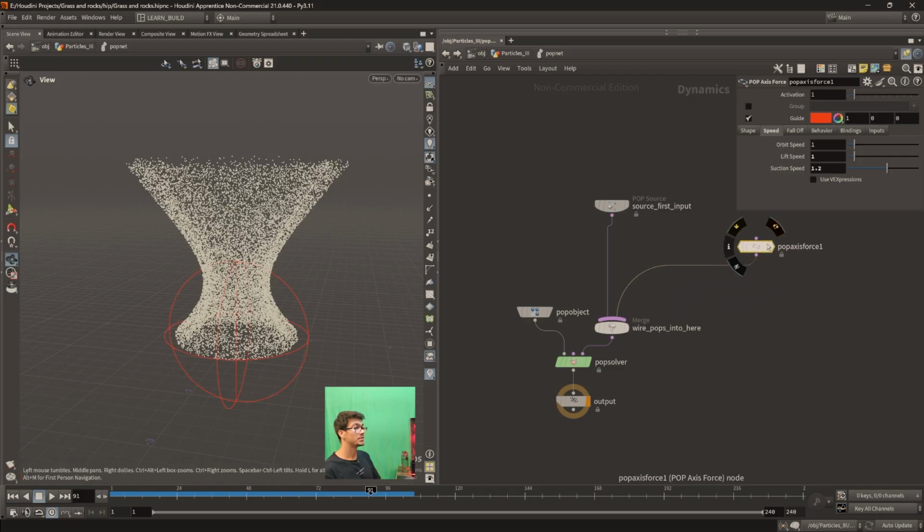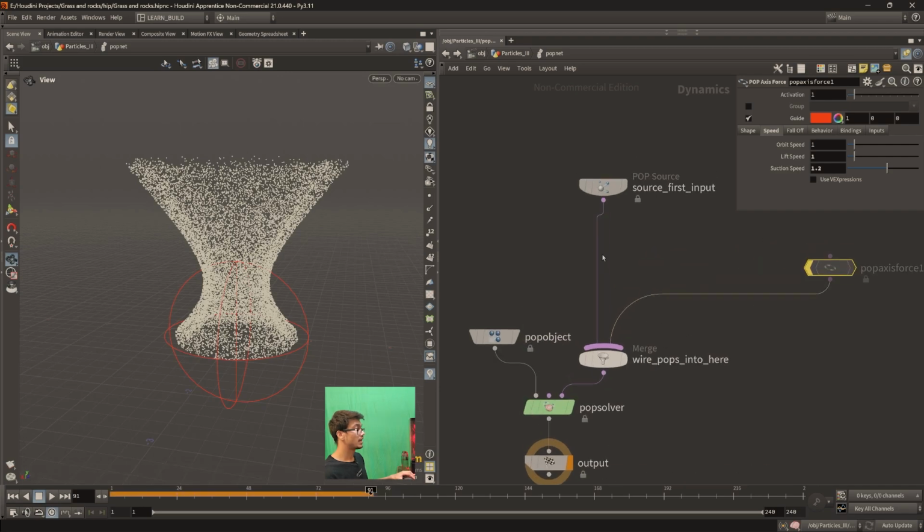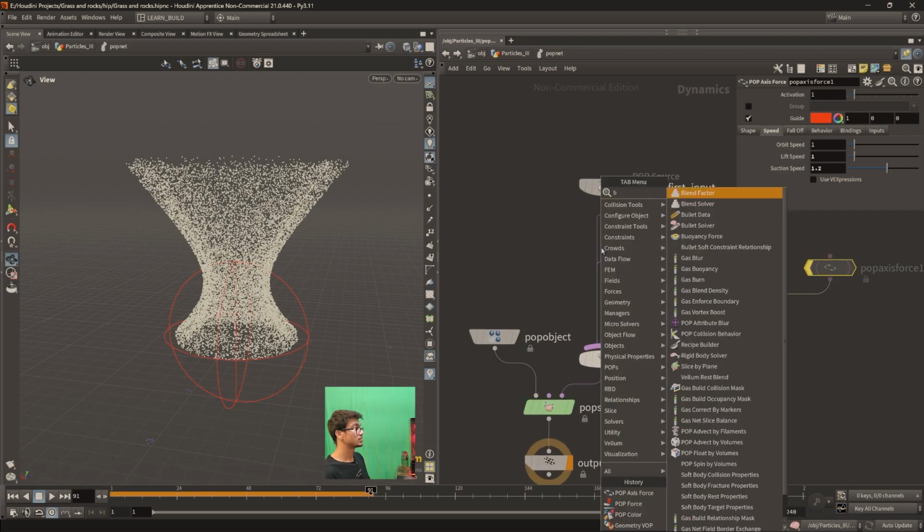You know, in bigger projects we don't use these pop axis forces much because they don't give us more freedom than we can have by creating our own forces. This is really helpful. This can work sometimes, but not really. So what we can do, we can bypass this and we can create our own force, which is